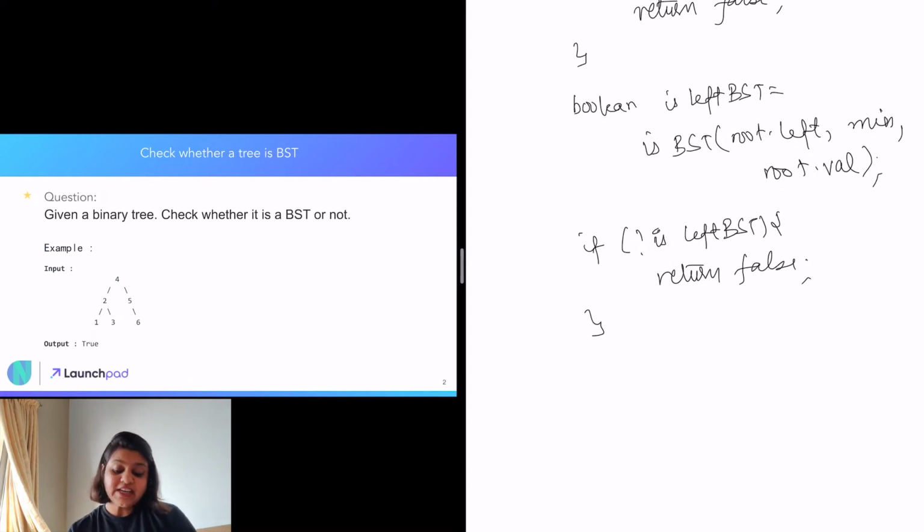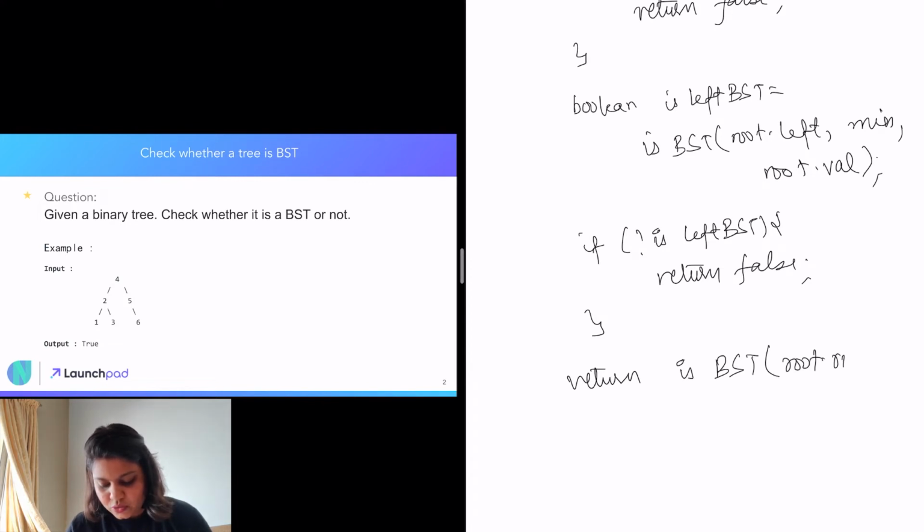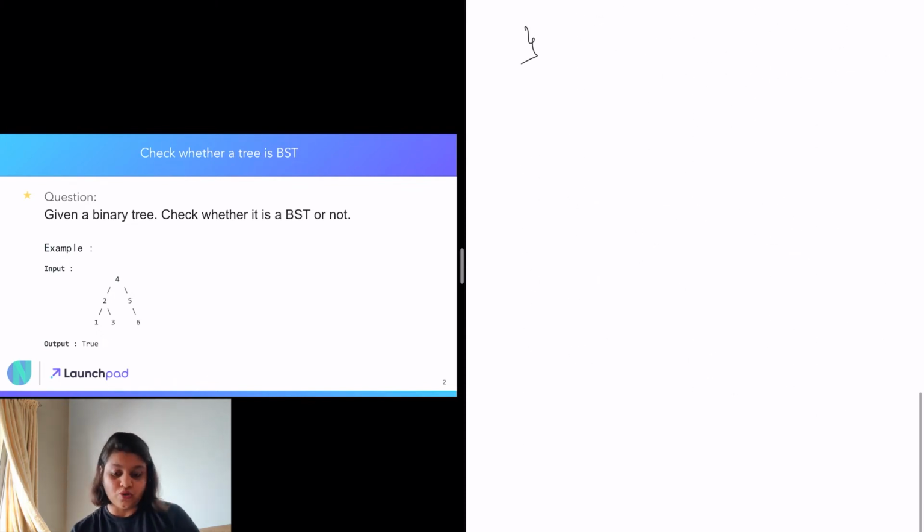Else, if it has come till this level where we fall into the else category, that means our node follows the restriction and our left binary tree is a binary search tree. So we only need to check the third condition, which is whether our right child binary tree is a binary search tree or not. So we will return isBST of root.right. And as we know, for root.right, our min gets changed because now the value can only be greater than or equal to root.value, and our max does not get changed.